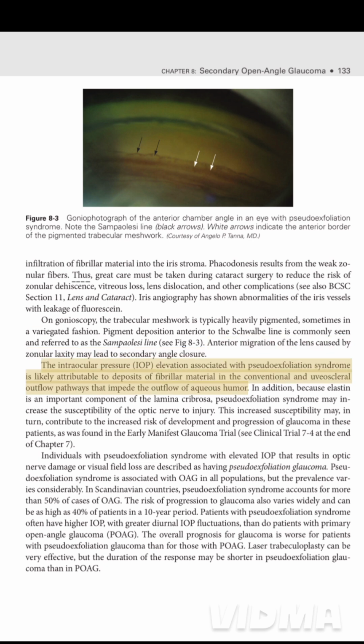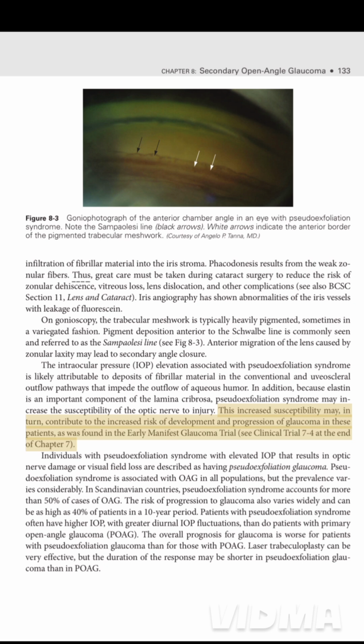The intraocular pressure, IOP, elevation associated with pseudoexfoliation syndrome is likely attributable to deposits of fibrillae material in the conventional and uveoscleral outflow pathways that impede the outflow of aqueous humor. In addition, because elastin is an important component of the lamina cribrosa, pseudoexfoliation syndrome may increase the susceptibility of the optic nerve to injury. This increased susceptibility may, in turn, contribute to the increased risk of development and progression of glaucoma in these patients, as was found in the Early Manifest Glaucoma Trial, see Clinical Trial 7-4 at the end